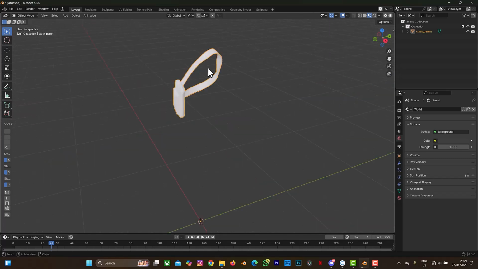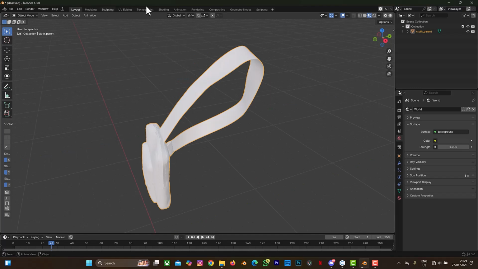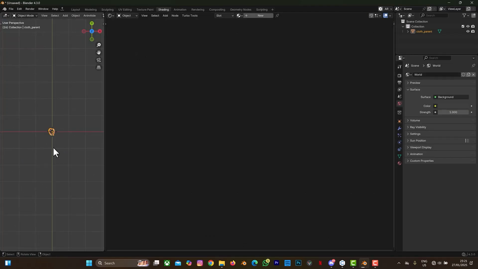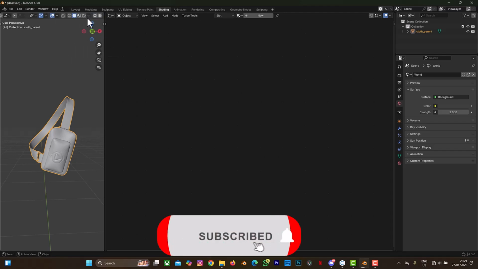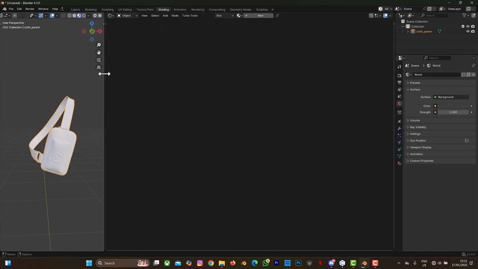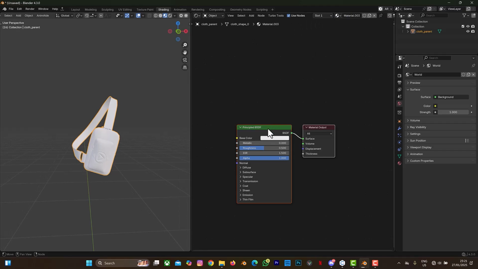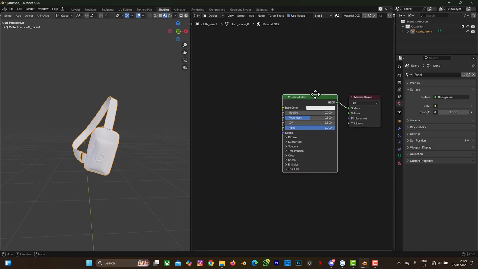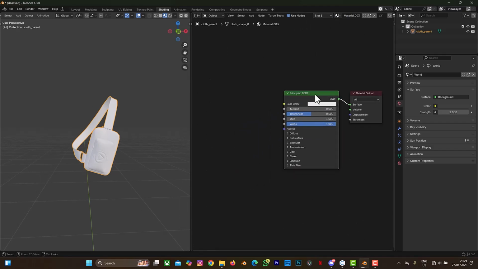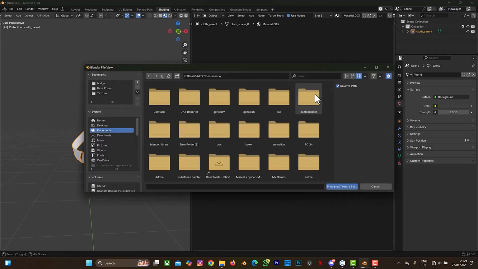So next thing I'll do, I'll go to my shading. I'm pressing F to focus. Yeah, so I'm going to select this, this view. I'm going to stretch this, and let's select new. We select only the principled BSDF. Select Ctrl Shift T. Hold on, Ctrl Shift T, I mean,